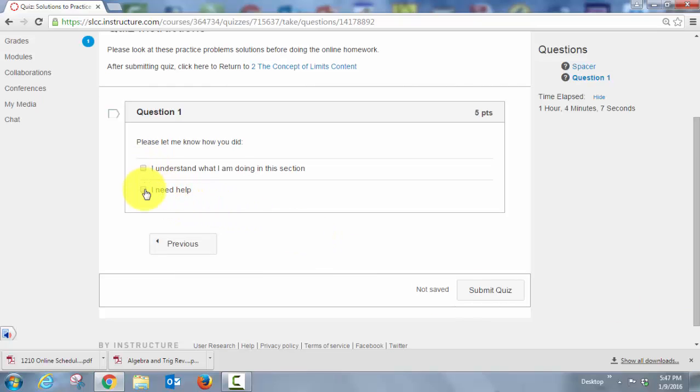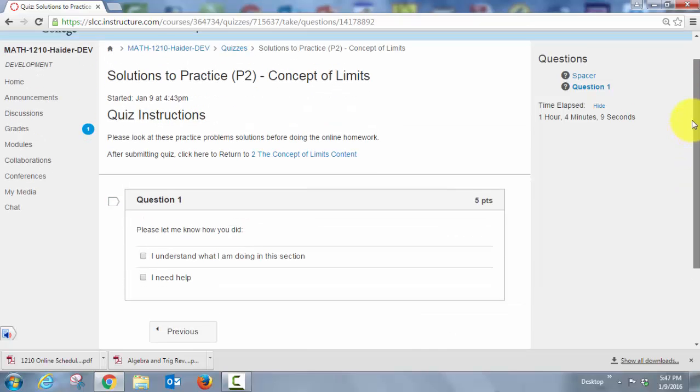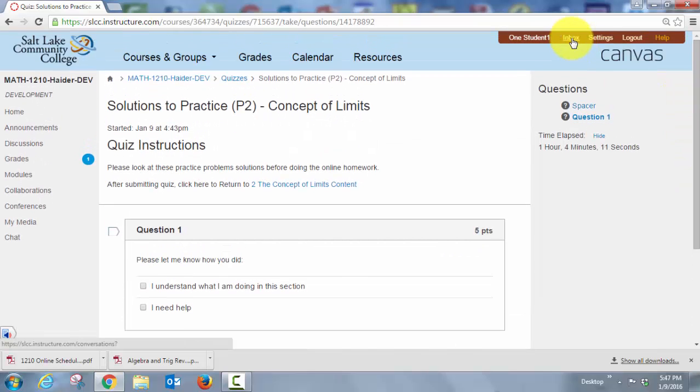If you need help, you check this box, and after you check the I need help box, you go right up here to the inbox and you send a message to your instructor, and you can say, on P2 number 3, I don't understand how they did blah blah blah, whatever it might be, and ask the question. Refer to which practice assignment and which question and sort of what your issue is. If you have several issues, ask several questions, because your instructor is here to help you learn the material,